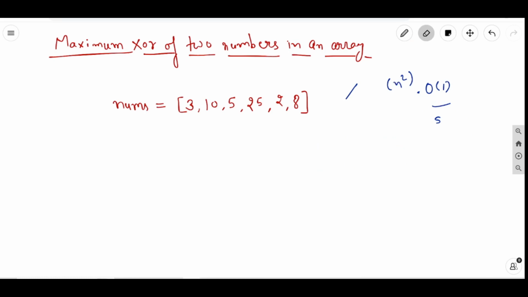Now, since we are learning about tries, obviously the solution which this problem has consists of tries. So what I'm going to do is simply use tries, and I'm going to push all of these integers into the trie. How? Let's see that. We know that the logic is simple. We know that the maximum XOR for any number, like take this number 3, 10, the maximum XOR is for the numbers which have alternate bits at these positions. Like for this case we had